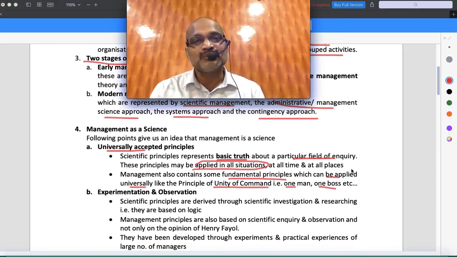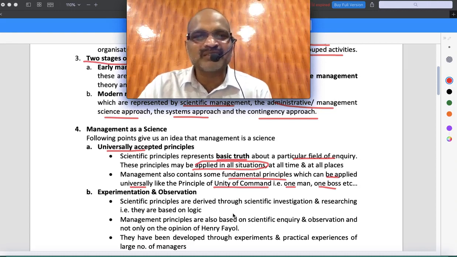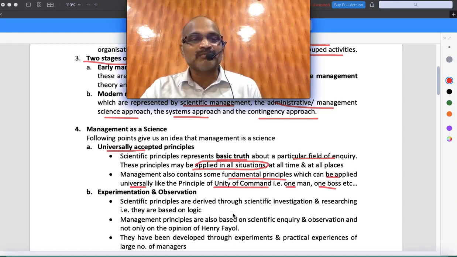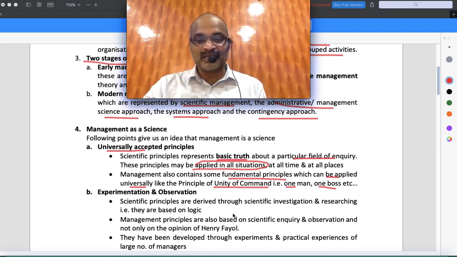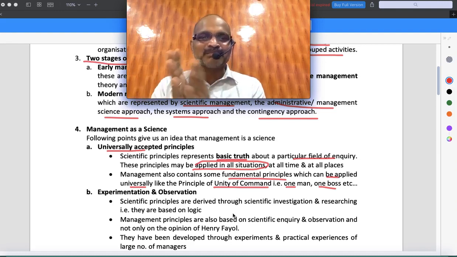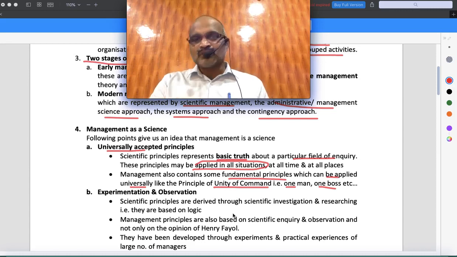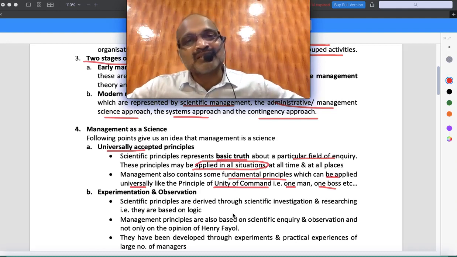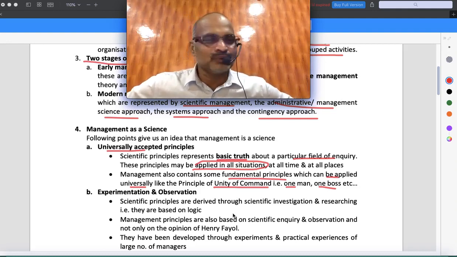Now, final, what is the conclusion? On what basis do we say management is a science? Yes, just like scientific principles are applicable everywhere. But I'm not able to say management is a pure science. Like I told you, the managerial behavior of India may not be accepted in Australia as it is, but some principles are. So if they ask you, do you really think that all management principles, just like science, are going to be applied everywhere? No.